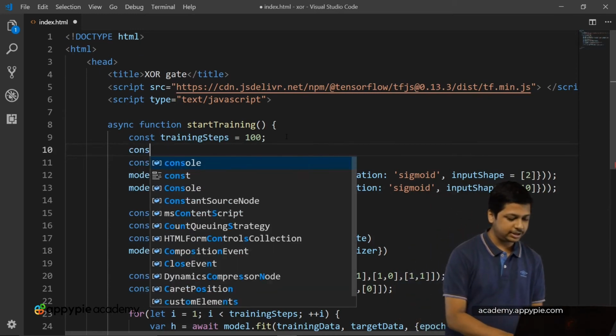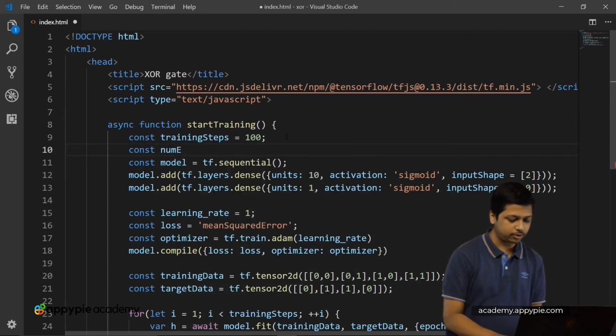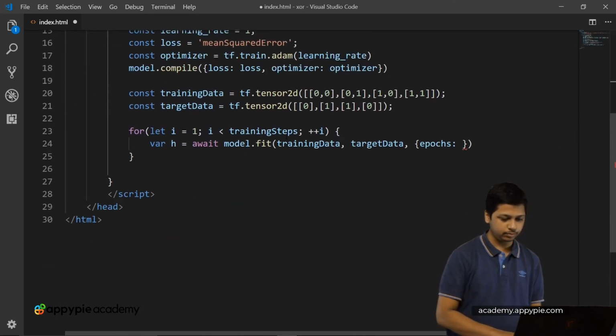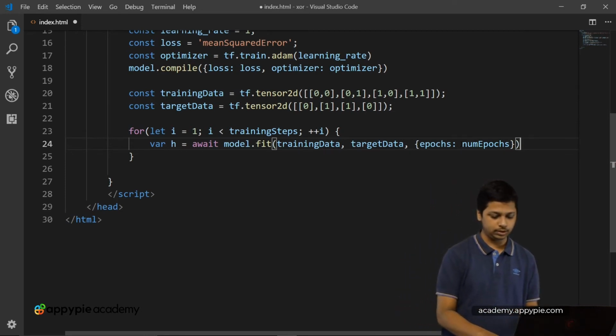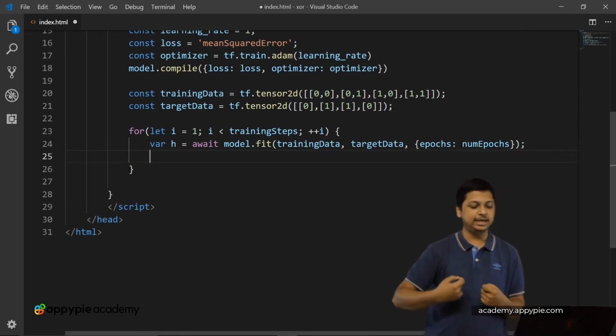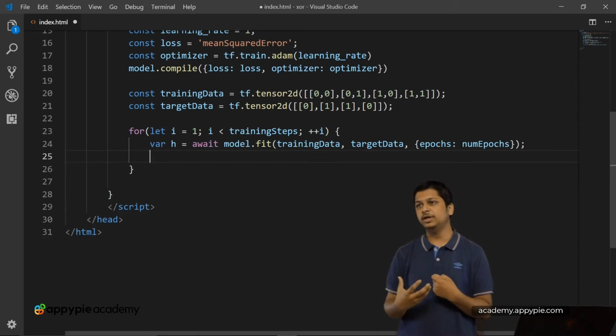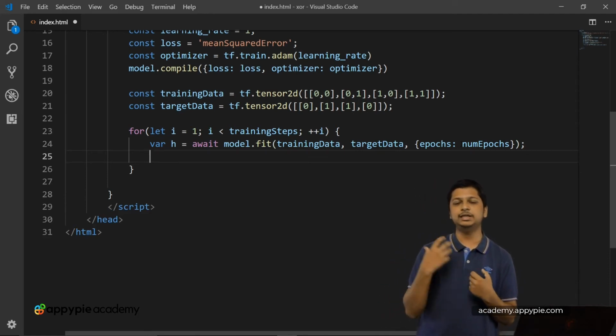So constant num epochs, and this is equal to 30 for now. So inside epochs we have num epochs, and now we have given the model the setup to start the training.